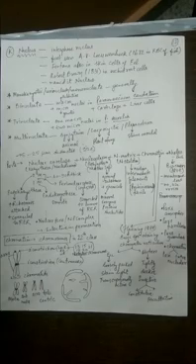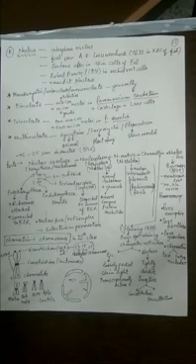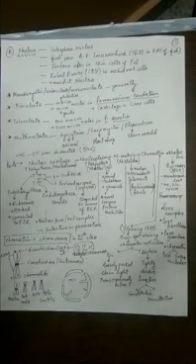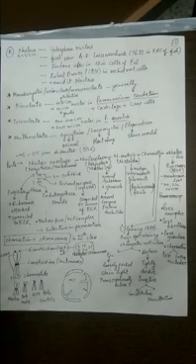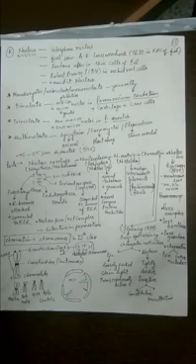So DNA and protein join nicely to form a compact structure which looks like beads on a string. It is something like lots of beads arranged on a string or a thread. That structure is called chromatin. This structure was explained by Fleming in 1879, and he used basic dyes to do this observation, and he discovered that a chromatin reticulum is present. Reticulum means a network of chromatin is present inside the nucleoplasm. And today we know that chromatin is of two types, heterochromatin and euchromatin. That means some portions